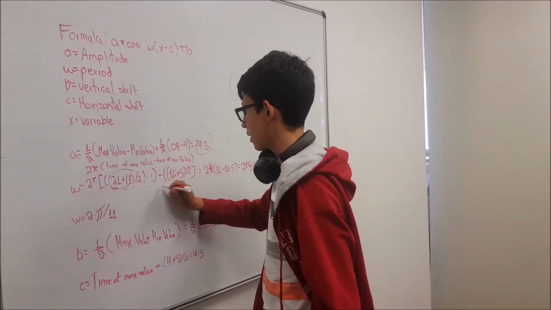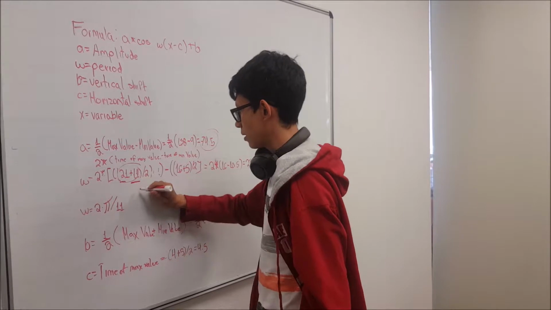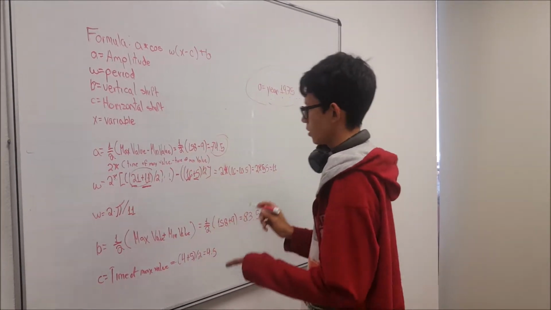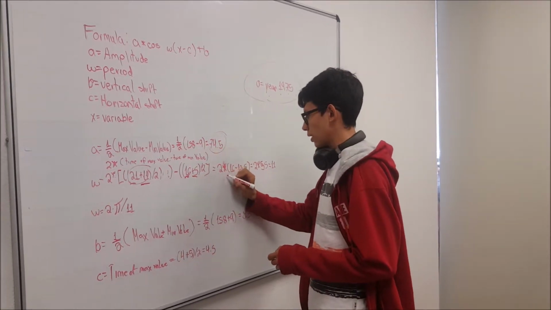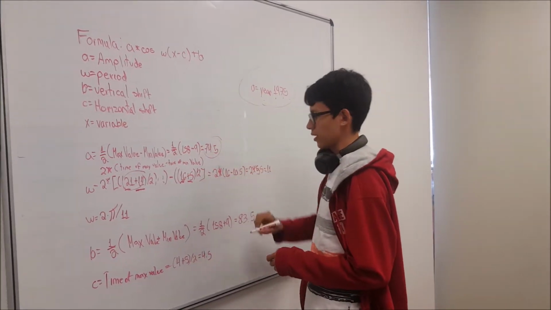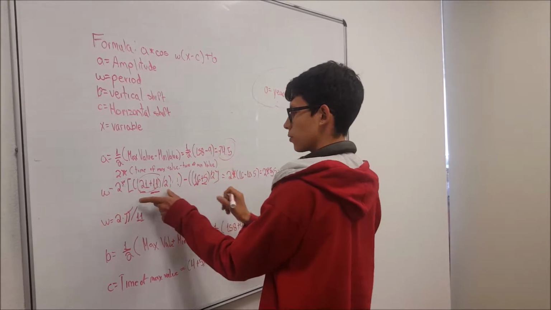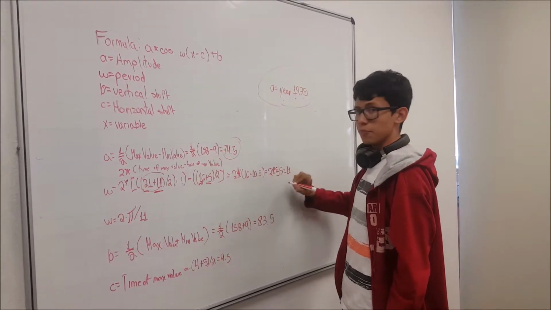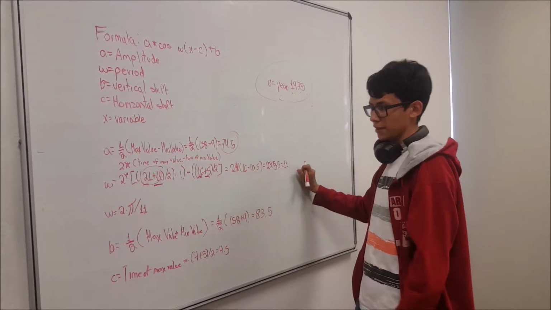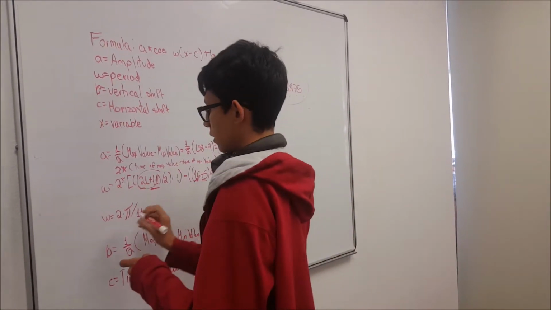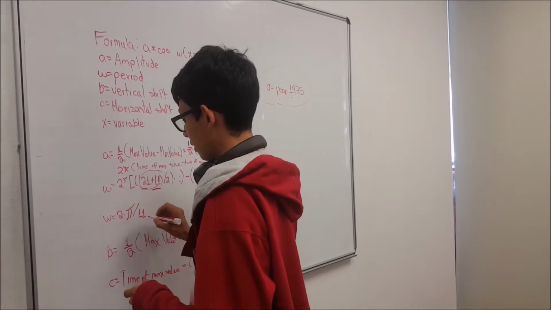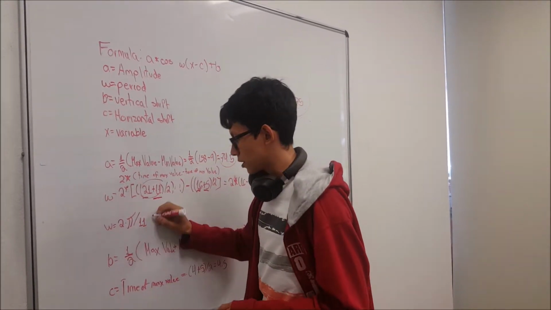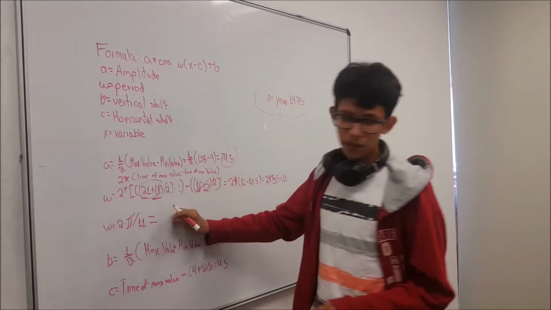This is the maximum value, and our maximum value is here, and this is a minimum value, and this is another minimum value. Therefore it's 2 times 16 minus 10.5, because you already got both of these. So it's 2 times 5.5, which is equal to 11. So in order to get the period, we need to divide 2 pi by 11, which in this case would be